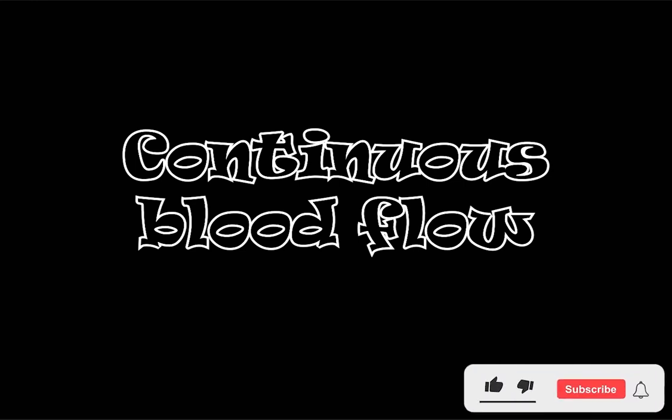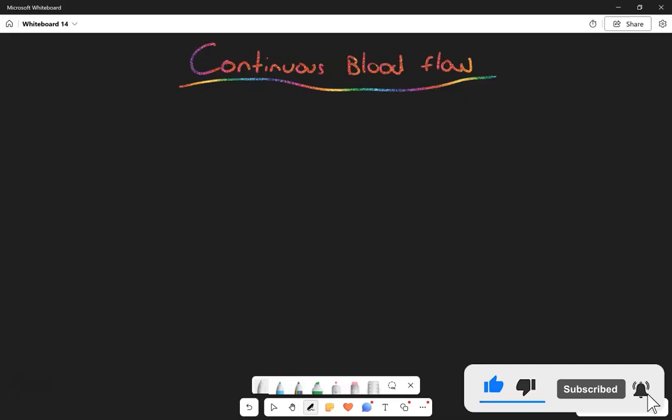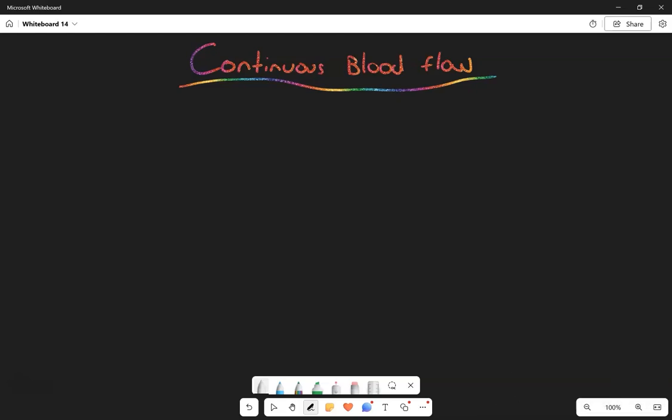If we look at blood flow through the arteries, we notice that blood flow is continuous through those arterial systems. But if we think about how the blood flows, we notice that our flow was a product of the changes in pressure. If we look at the aorta specifically, we have a rise in pressure, a decrease in pressure, a rise in pressure, a decrease in pressure, a rise in pressure,